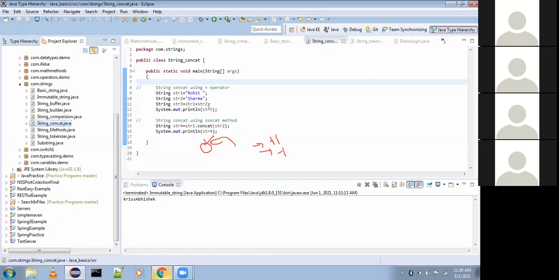I also concatenated the strings by using the concat method, concatenating str1 to str2. Okay, fine. Go ahead for the next one.